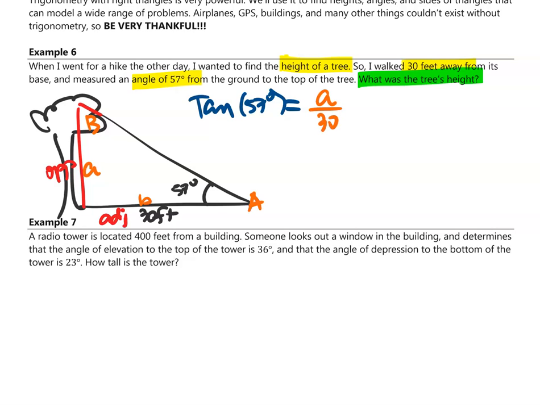Then we can multiply 30 and tangent 57 degrees to isolate A, and use your calculator. 30 times tangent of 57 degrees, A is equal to